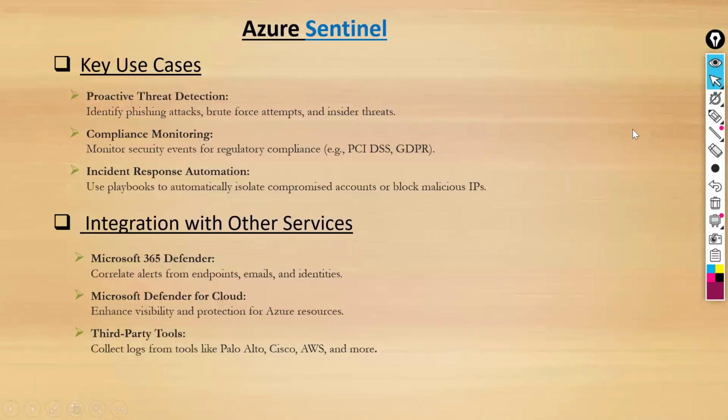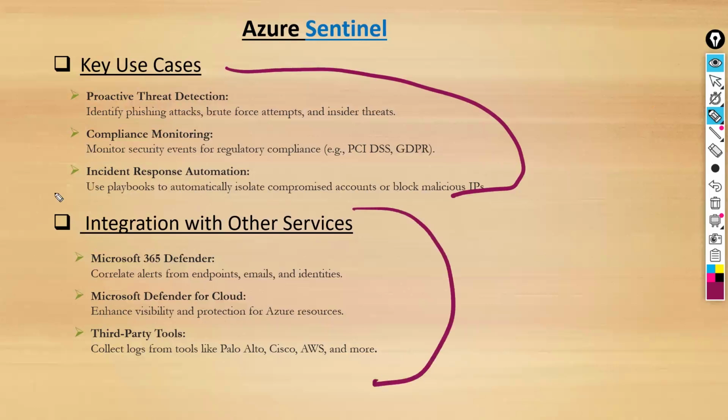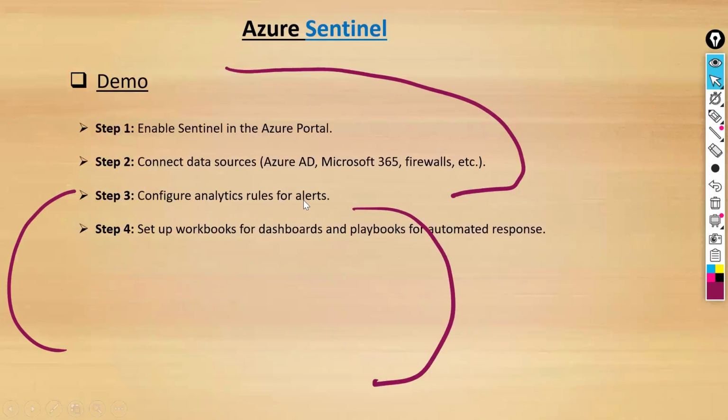the key uses of your Sentinel, right? What are the key uses that are going to be happening there? Now, before that, let's do one thing. These are some post-uses, post-steps which we can discuss once we cover the Sentinel demo, right? Now, these are integration services. I'm going to cover them here. Real-world scenarios, right? And